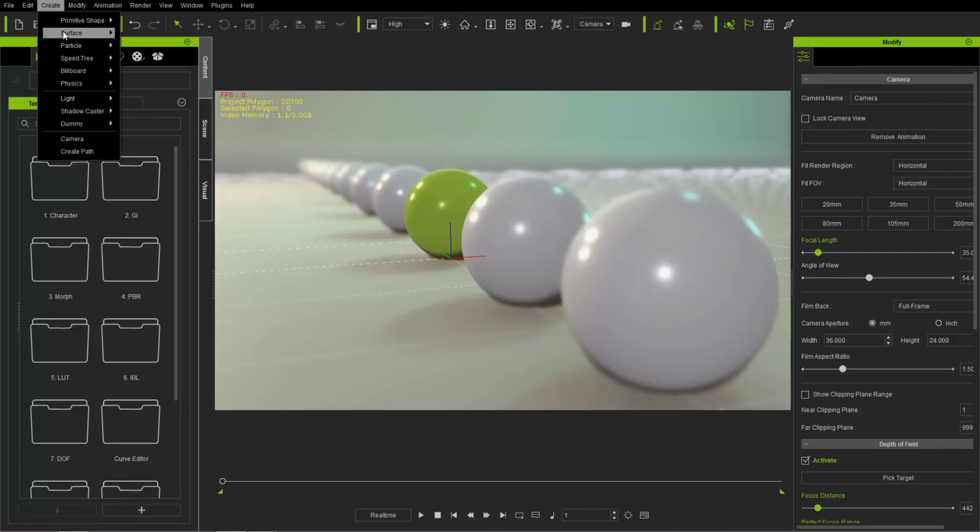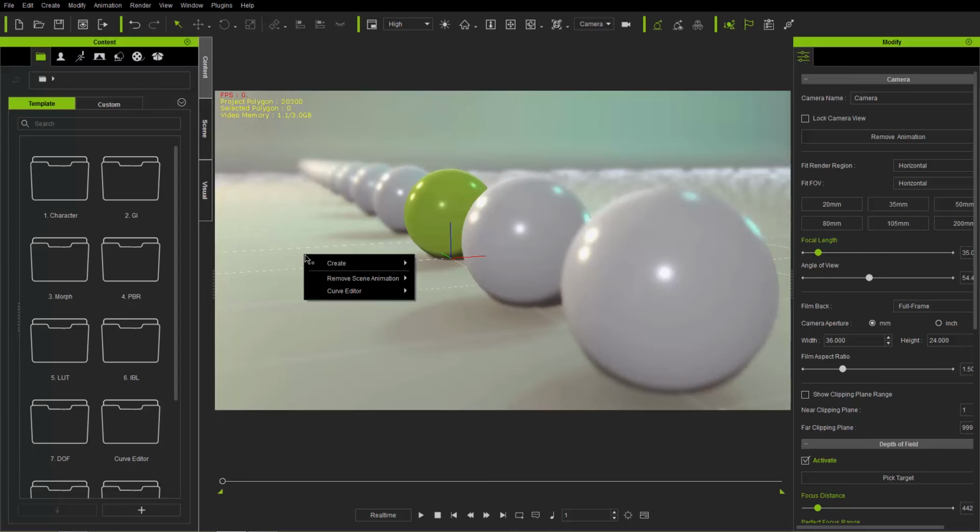You can also create other things like surfaces, sky, room, planes, particles. You can create a number of different trees and billboards and physics. It's often used for creating lights as well. There are different types of lights you can create in your scene, as well as cameras. So the create menu is very, very useful. And you can also access that by right-clicking and going create in your scene like this, for your lights and cameras. So these are the main things that you normally use the create menu for. You can right-click in your scene and achieve the same thing.